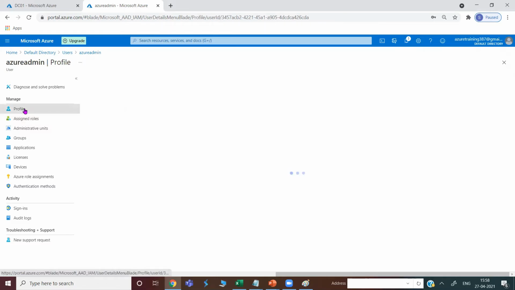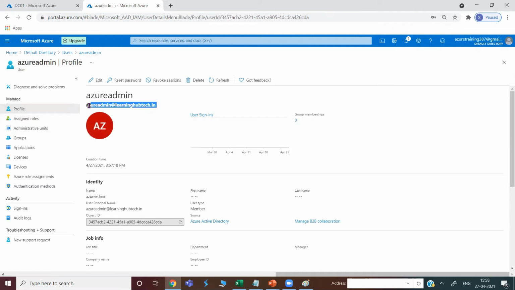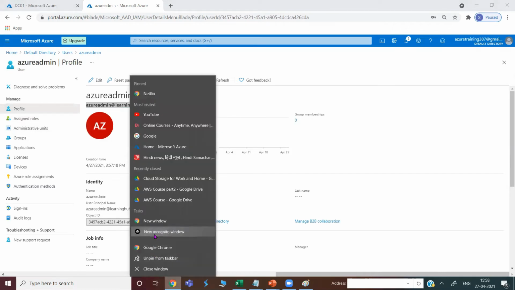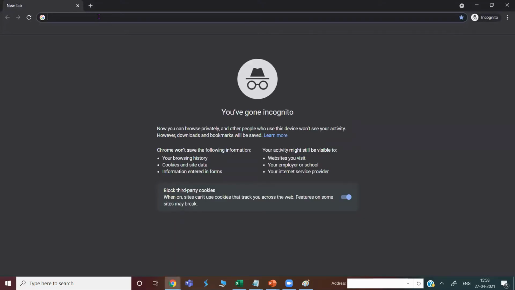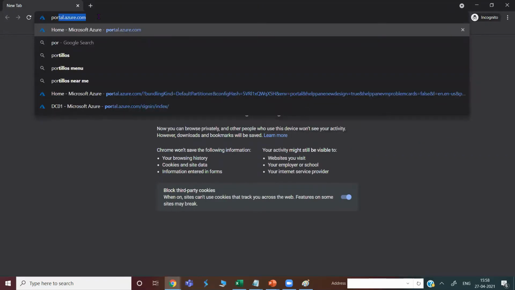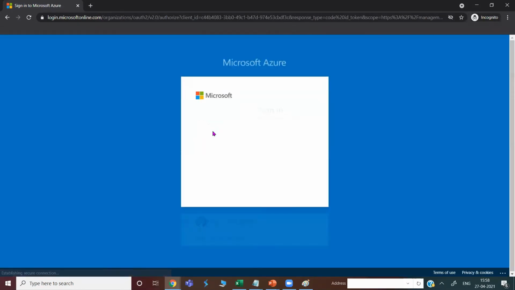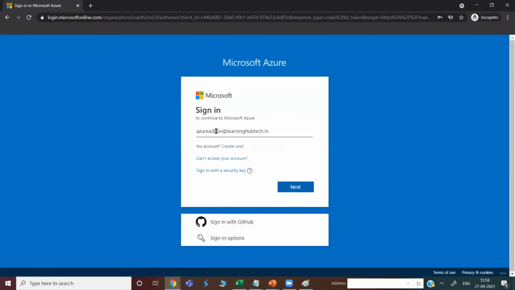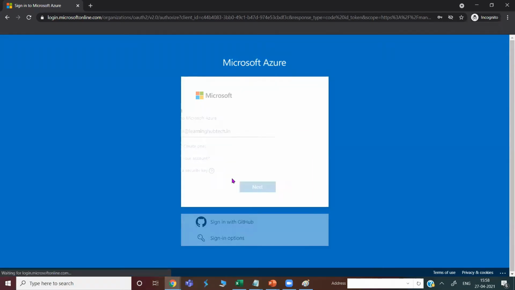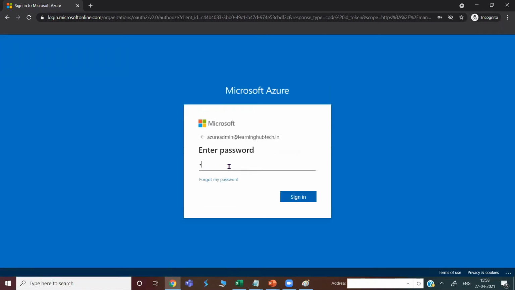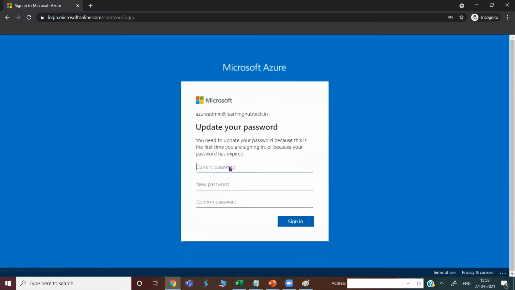What I will do now, let me reset the password also for this one. So copy this account, right click here and go to portal.azure.com. Mention the account. Next. Give the password that you had set. Now it will prompt you to reset the password.